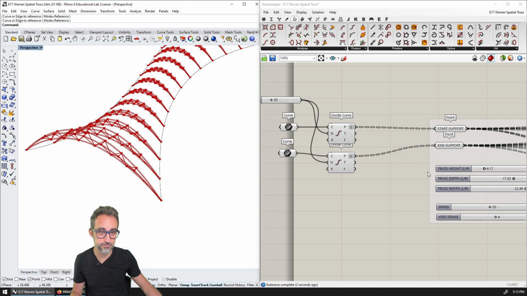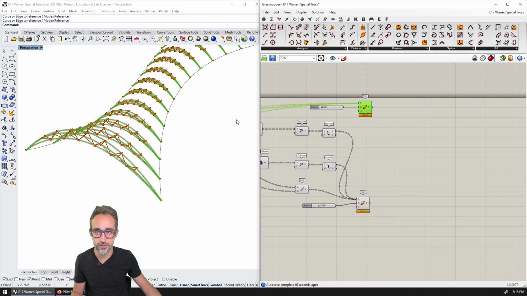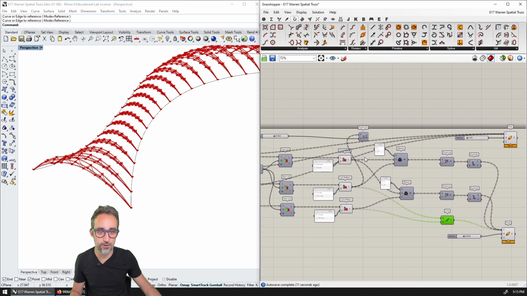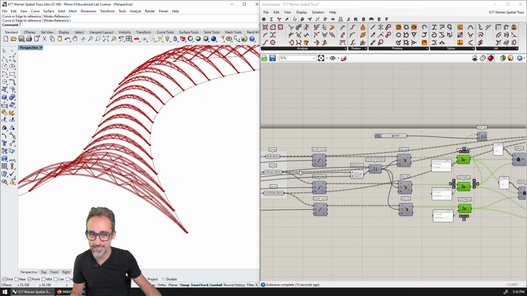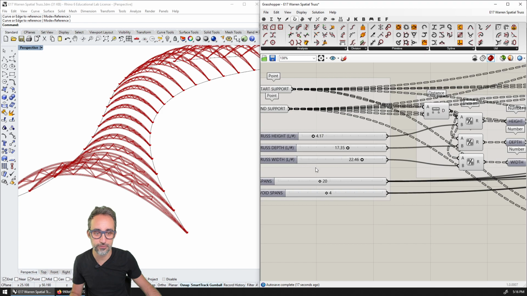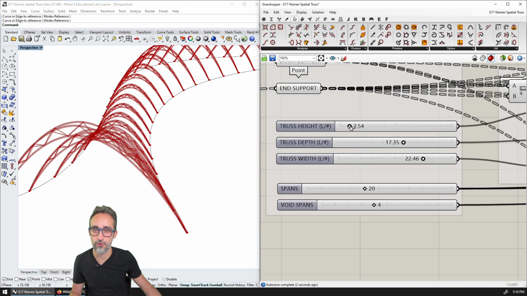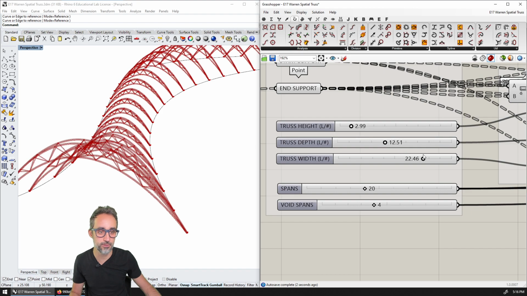And then, if I now bake all of this, you can see that I can turn a lot of things off here and off here, a lot of points, and then I can see this network of arches, with a bigger depth and a little bit of this.